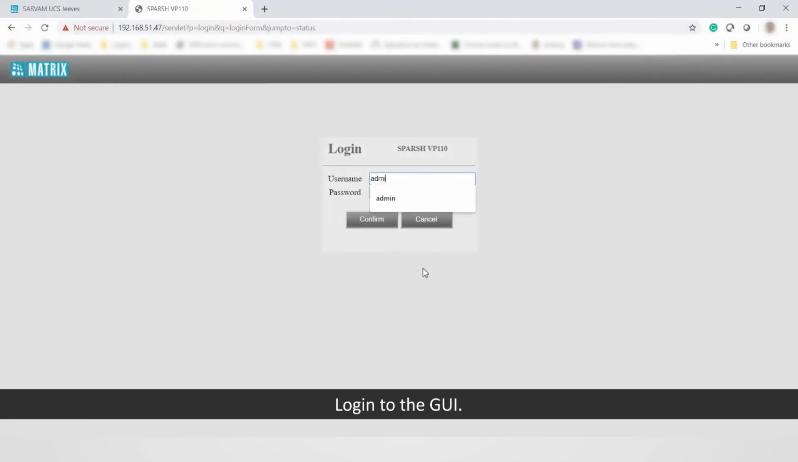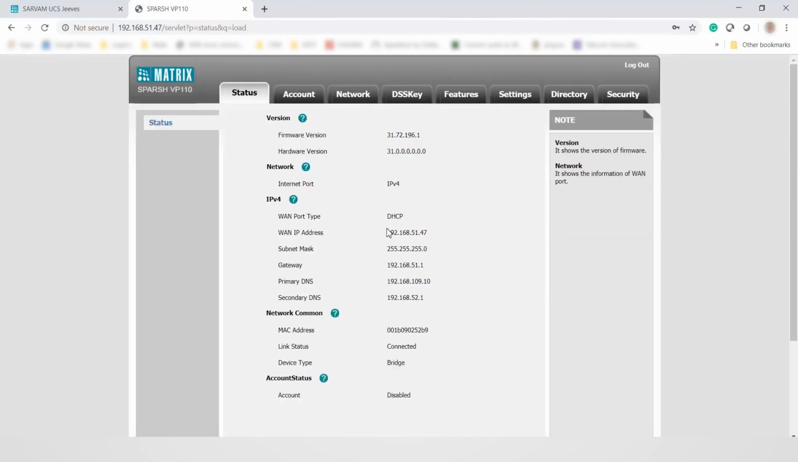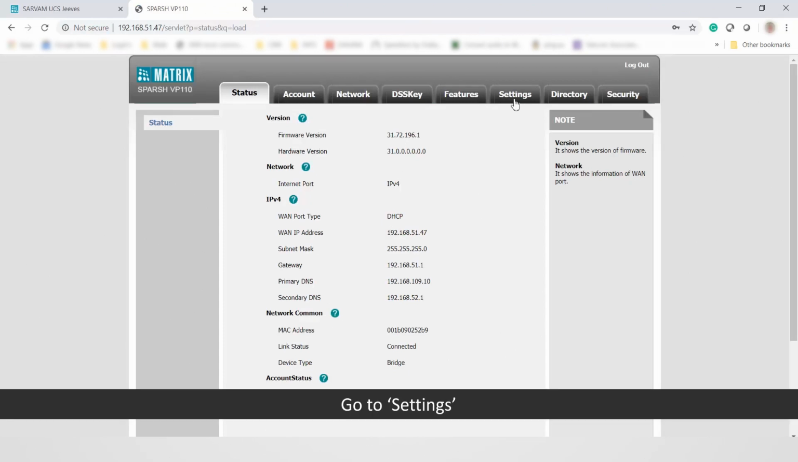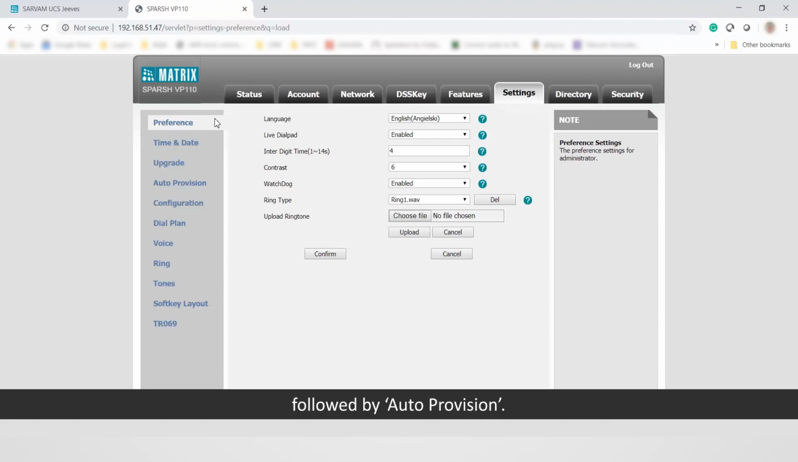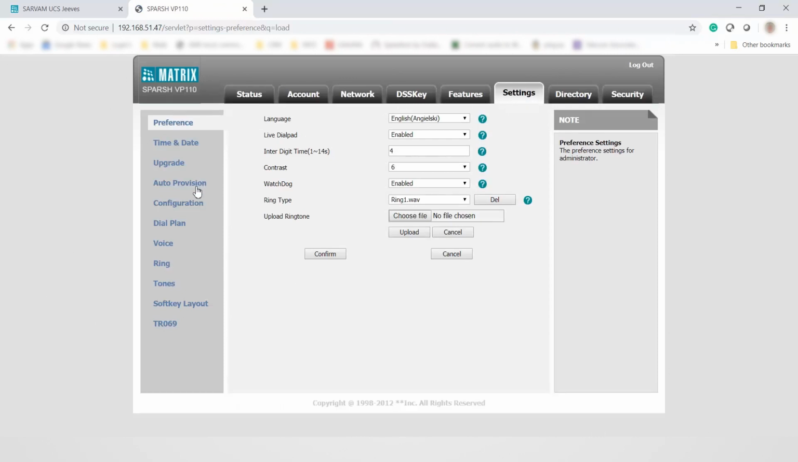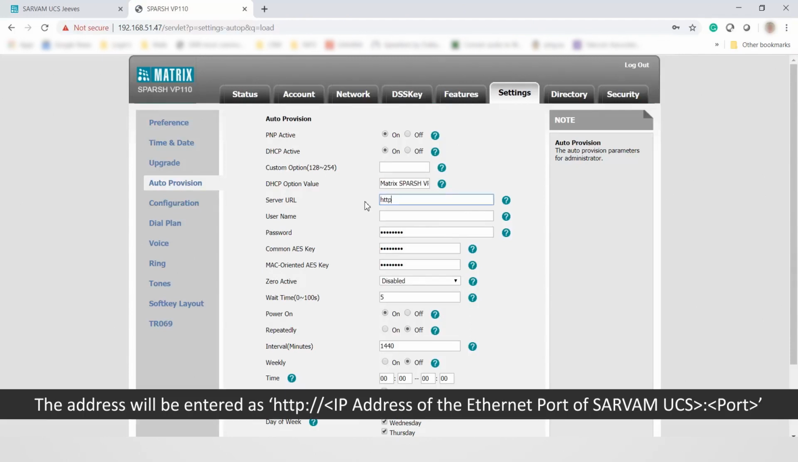Let us see the auto-provisioning from the phone's GUI. Log into the GUI. Enter the password, that is, 1234 by default. Go to Settings, followed by Auto Provision. Enter the server URL, that is, the IP address of the Ethernet port of SARVAM UCS SOHO. The address will be entered as